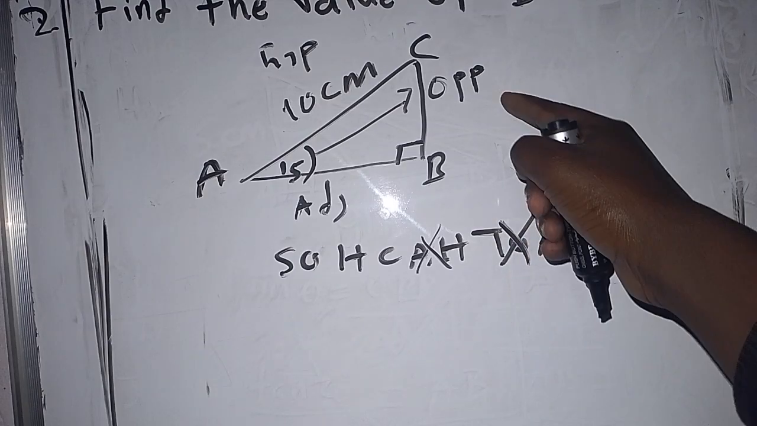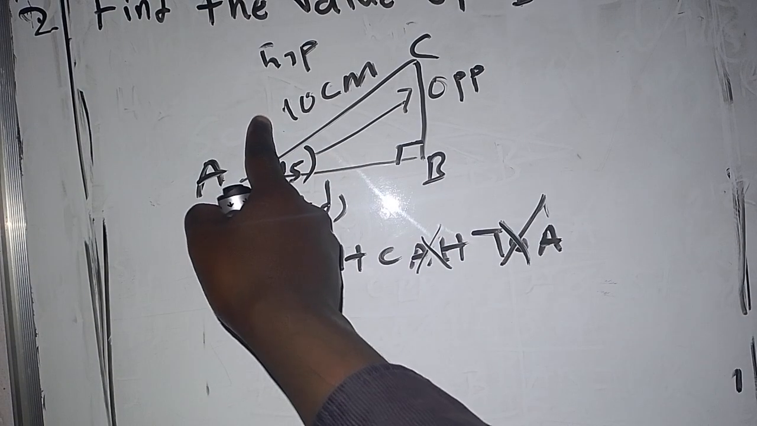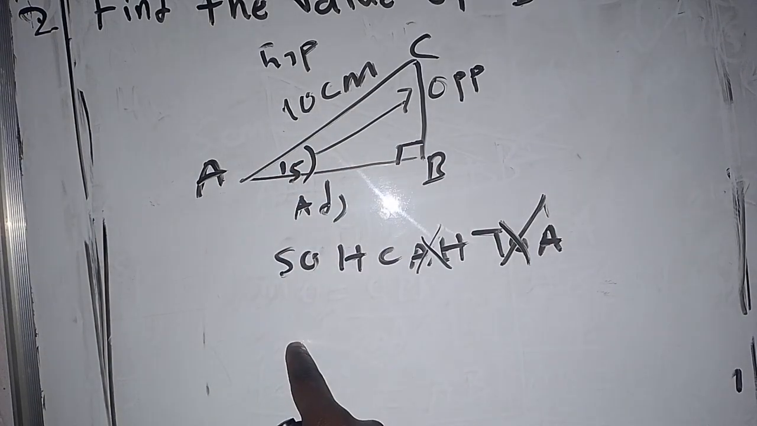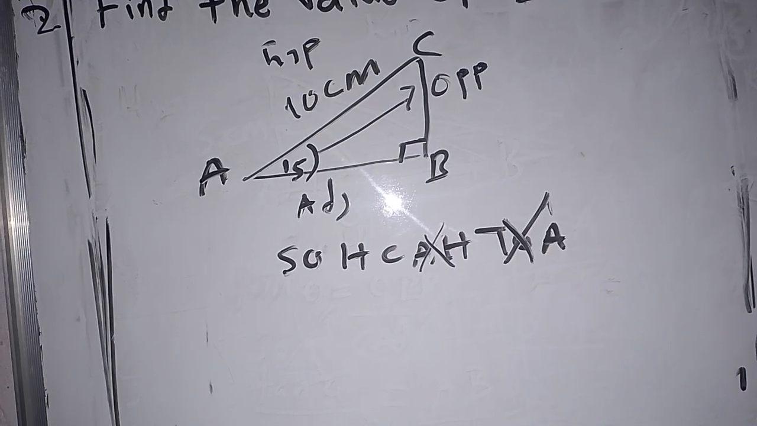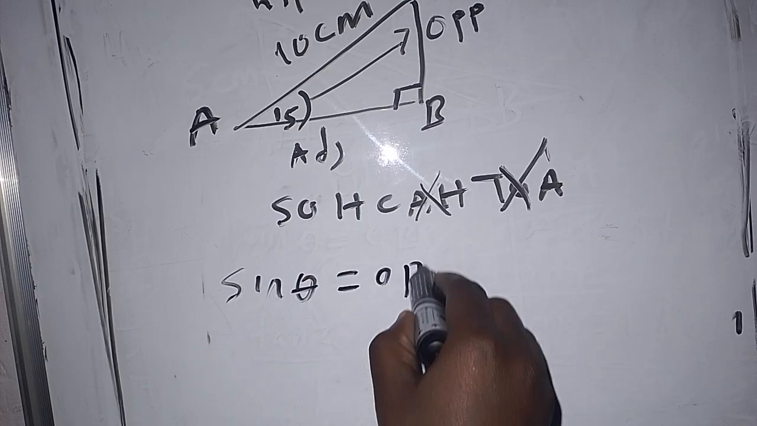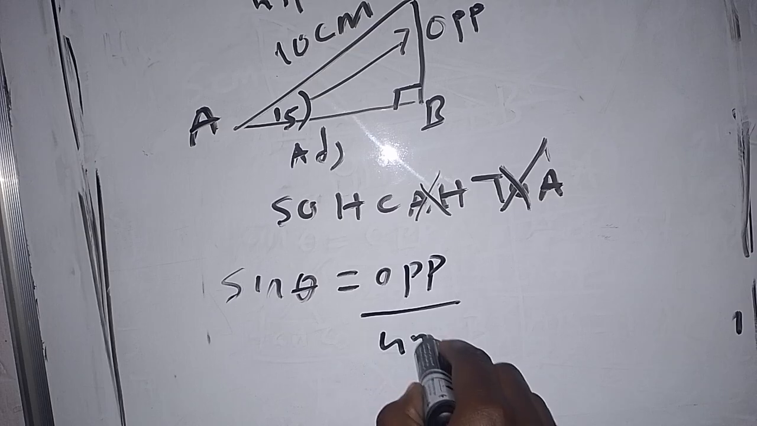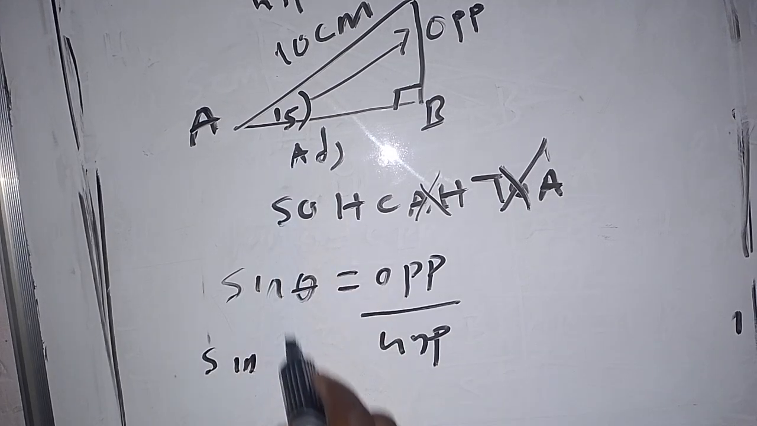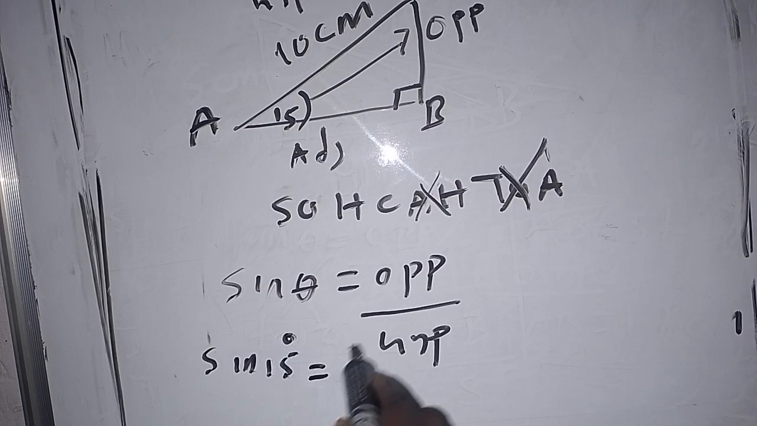Why? Because I have the opposite and I have the hypotenuse, and the trigonometrical ratio which has the opposite and the hypotenuse is sine. So from here now, we are going to state that we have sine theta is equals to opposite, then we divide with the hypotenuse. Now what is our theta? So our theta, it is the given angle, so which is what? A 15 degrees. So theta there is 15 degrees,